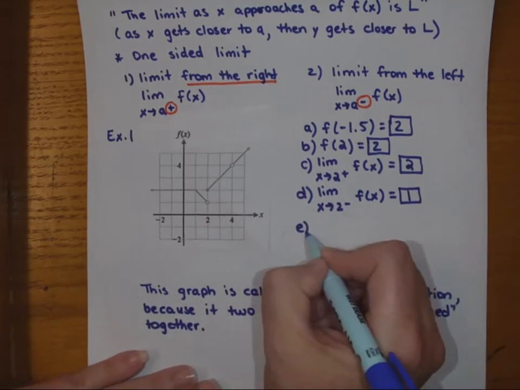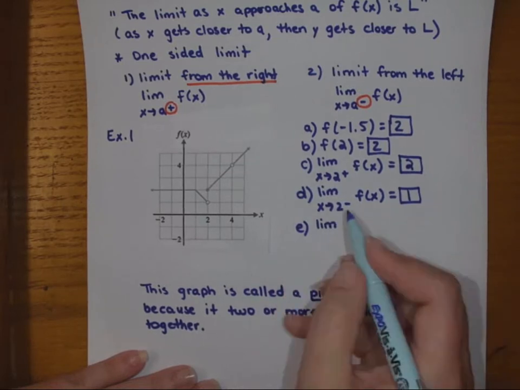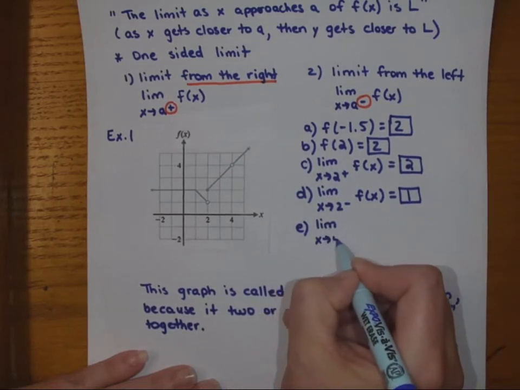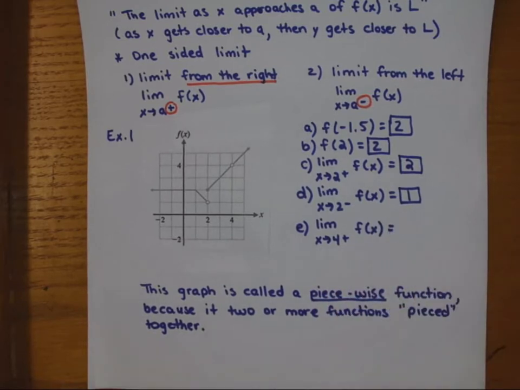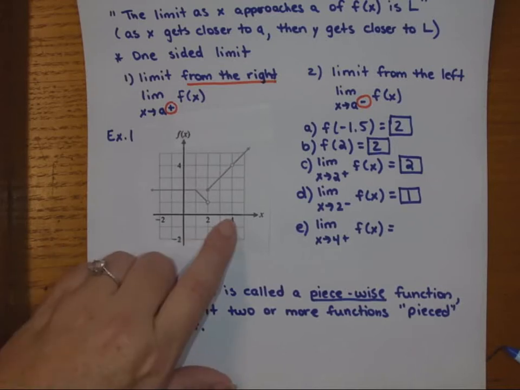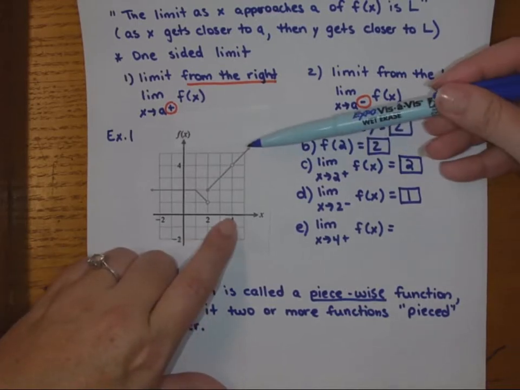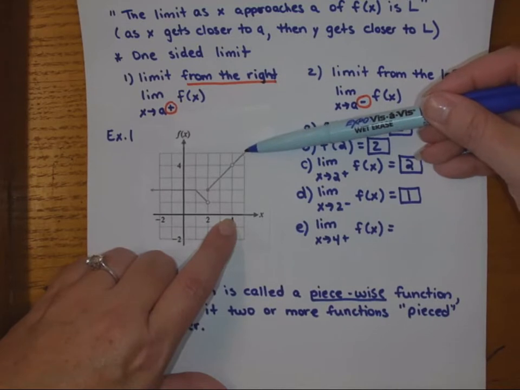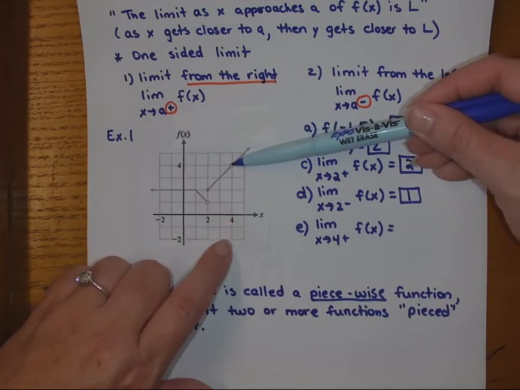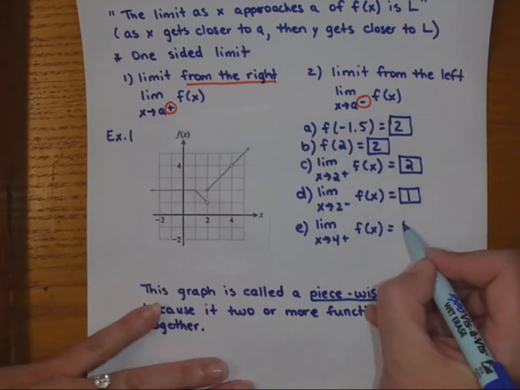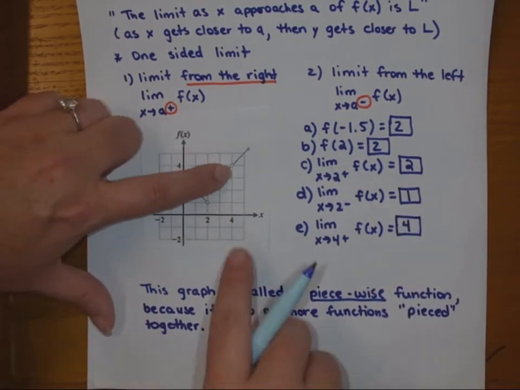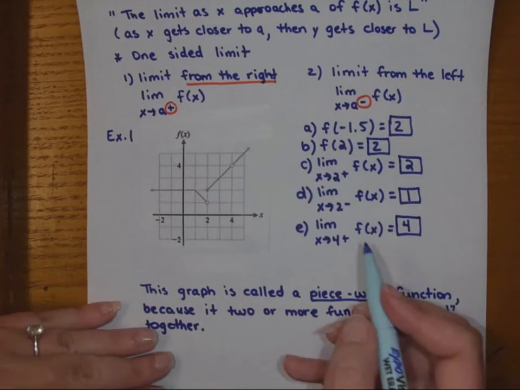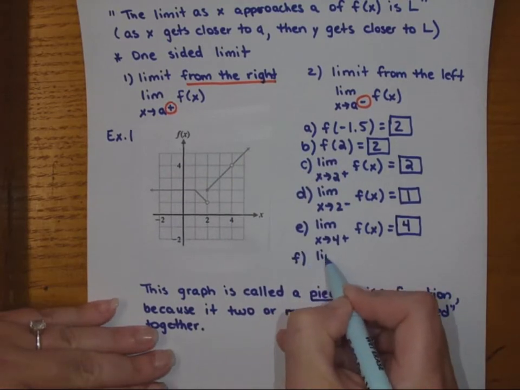What if I asked you what is the limit as x approaches 4 from the right? Okay, so here's x equals 4. If I am a little ant crawling on this graph and I approach x equals 4 from the right, notice my y value is getting close to 4. Again, it's an open circle, but I am still approaching y equals 4 as I get close to 4 from the right. If I ask you the other question,